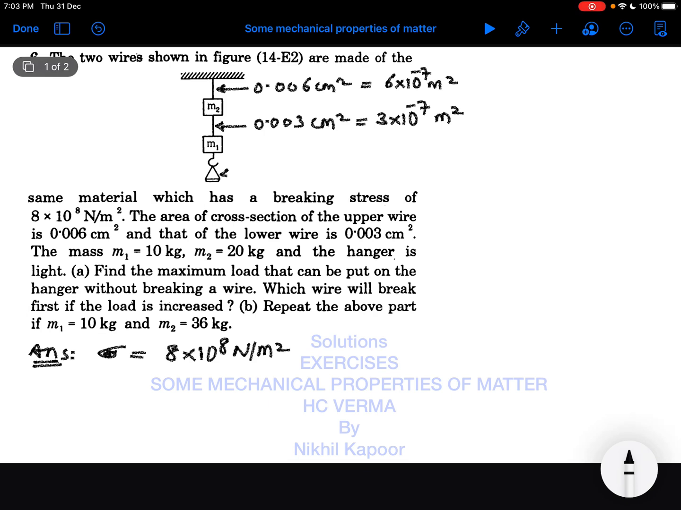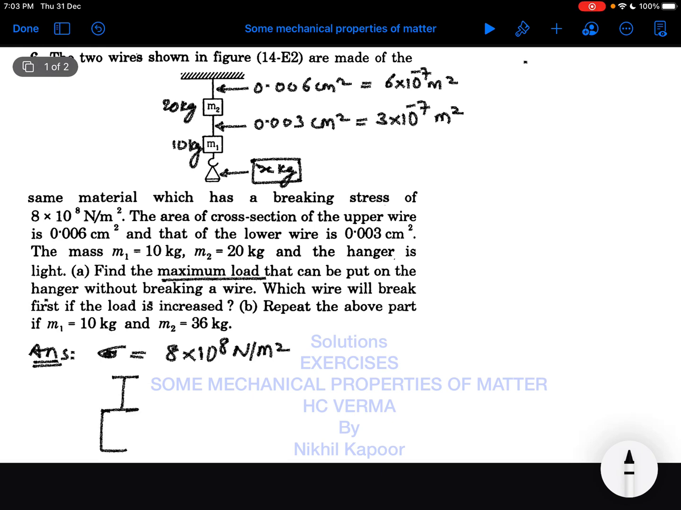Let us suppose the load here is x kg on the pan, that is the maximum load. So here the mass m1 is given to us, that is 10 kg, and m2 is 20 kg. The hanger is light. Find the maximum load that can be put on the hanger without breaking the wire. So I have assumed that weight as x. As you can see in the diagram, the maximum load is on the upper wire,